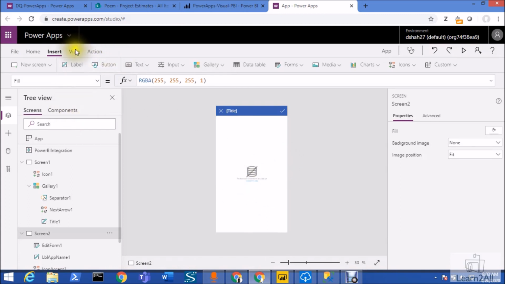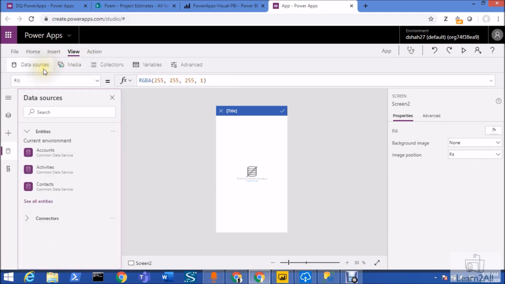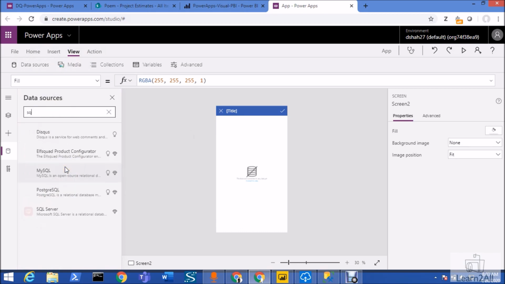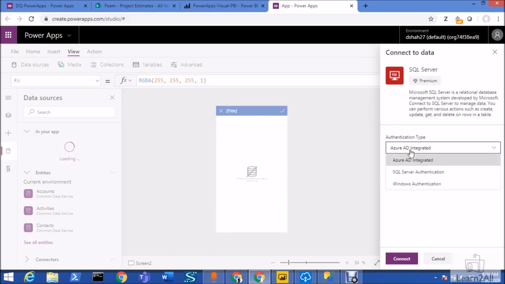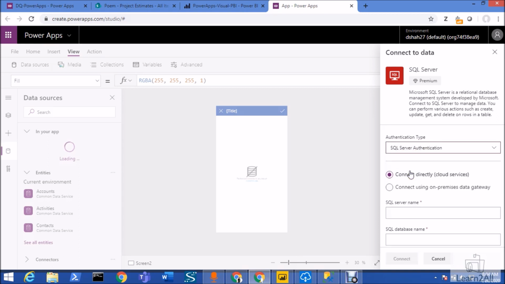Now we need to establish the connection. So basically go to view, go to the data sources, and here we need to provide the SQL Server connection. So click on SQL Server, add a connection. Now from authentication select the SQL Server connection.